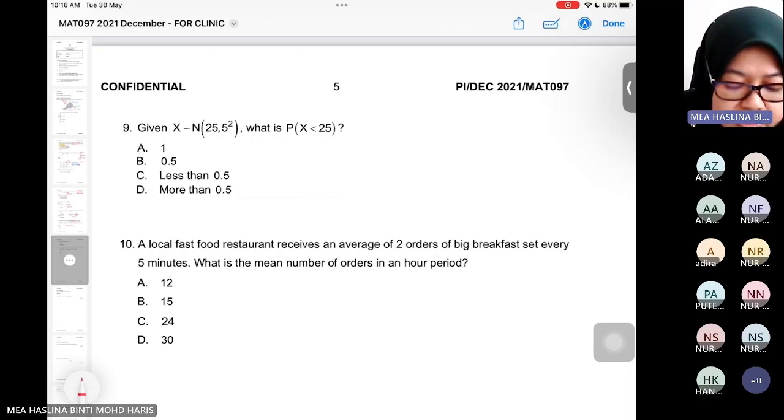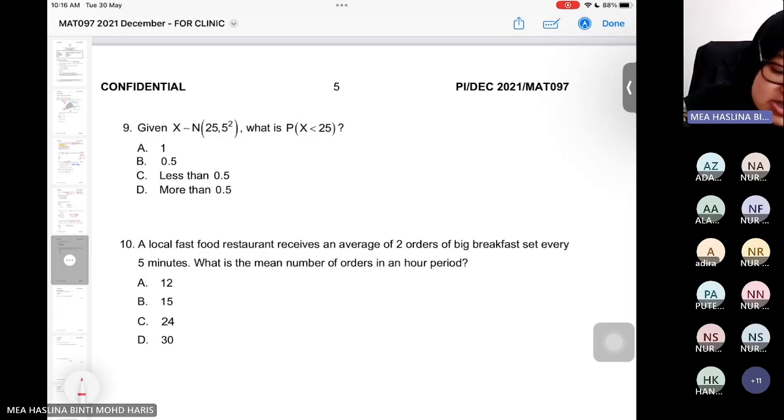Number 9, given X is a normal distribution with the parameter. What is the probability of X less than 25? This is a normal distribution. For a normal distribution, the parameters given are mu and variance. When they ask what is the probability of X less than 25, we know